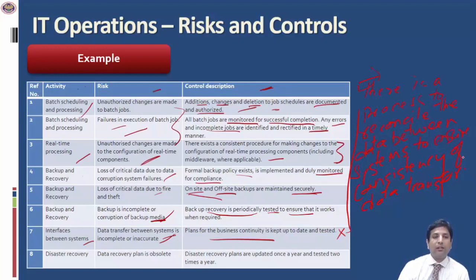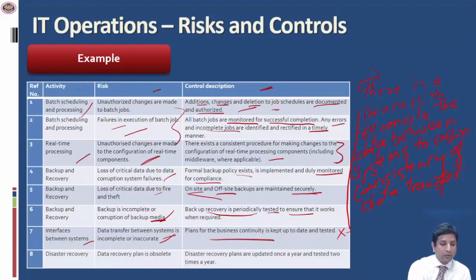Somebody is doing a reconciliation of the data which is between the two systems to make sure that the data is consistent. For example, somebody could take the data from the payroll system, which is Paymaster, and also the accounting data with respect to the payroll processing from the SAP system and compare the two and make sure that the numbers add up. So that way the company can ensure that the data transfer has been consistent and complete.